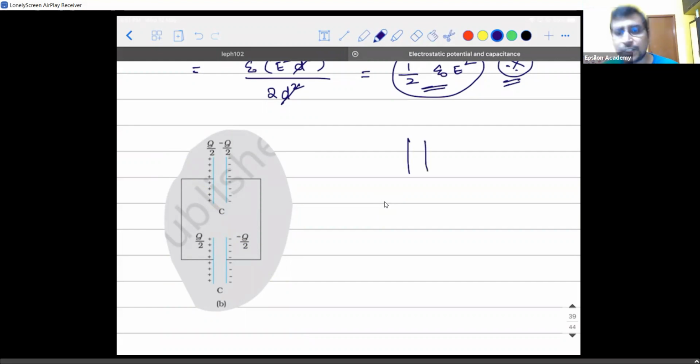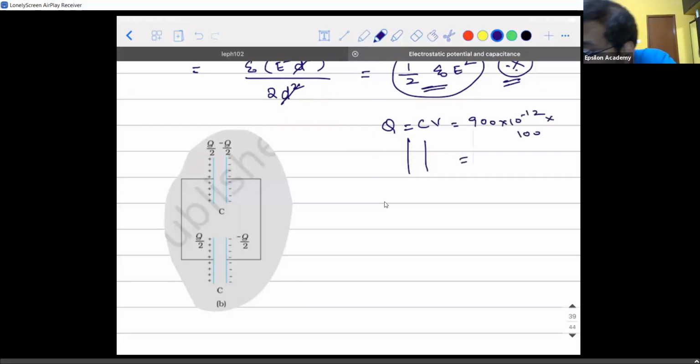They initially charged the 900 picofarad capacitor, accepted. By doing it, what is going to happen? The maximum capacity of charge that the 900 picofarad can hold will be stored in it, accepted. So what is the value of charge that will get stored in that 900 picofarad capacitor? Q is equal to C into V. What is the value of C? 900 into 10 power minus 12 into V is 100. So how much is it? Is it not 9 into 10 power minus 8 coulomb? Correct? I hope this point is clear.